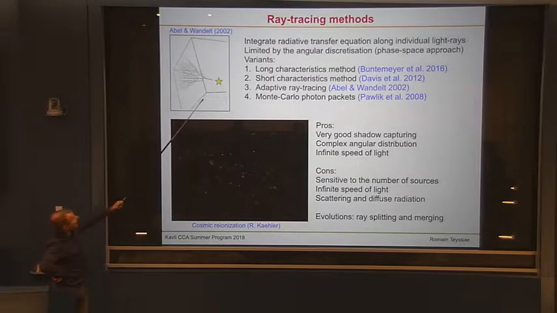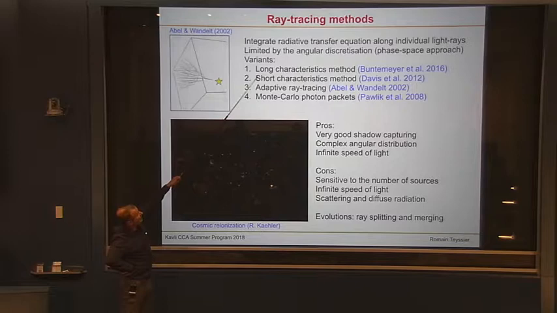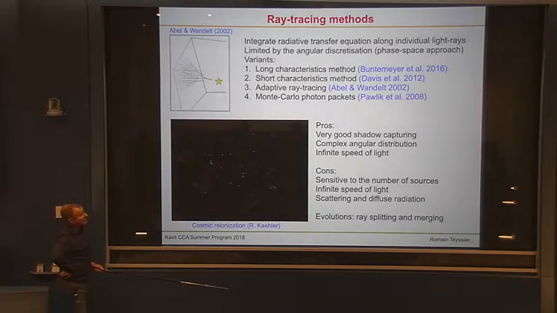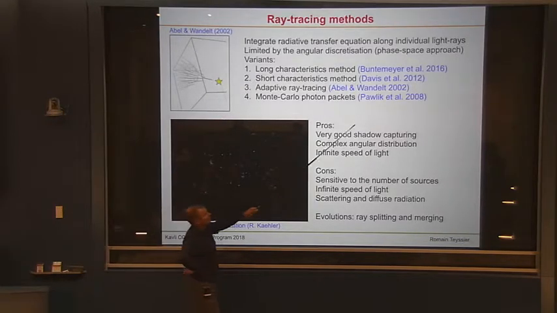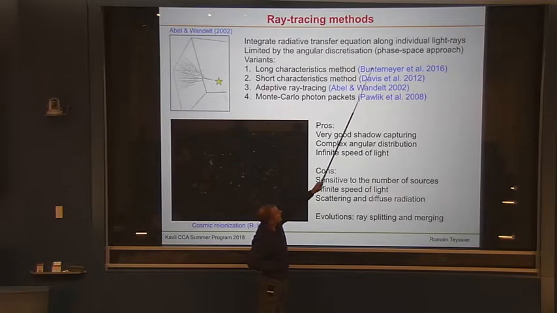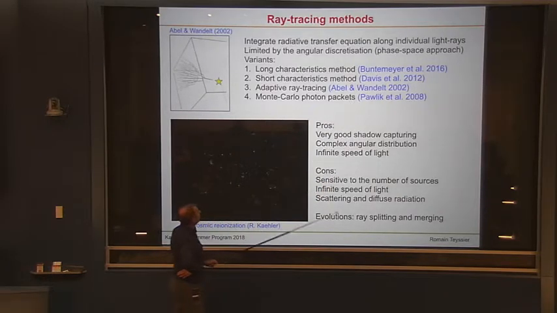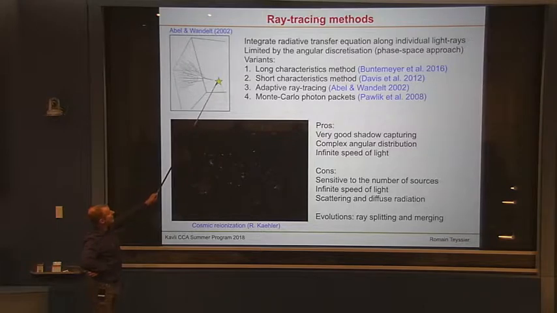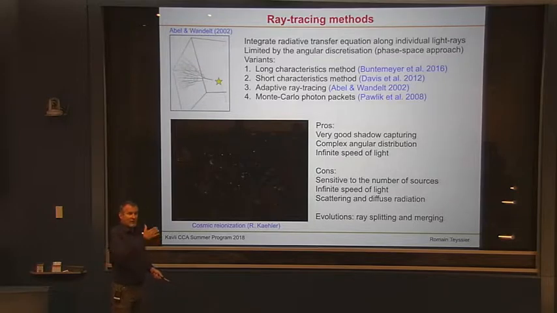And so here, traditionally, you have two types of method. The long characteristic method, and so you have a recent paper, it's a very old method, but a recent paper that describes it is listed here, where you basically draw around each cell or around each source of radiation, you draw straight lines that cross the entire computational domain. And then you have to draw those lines dense enough so that they intersect with all the cells. That's the problem. And then you can get the radiation field.